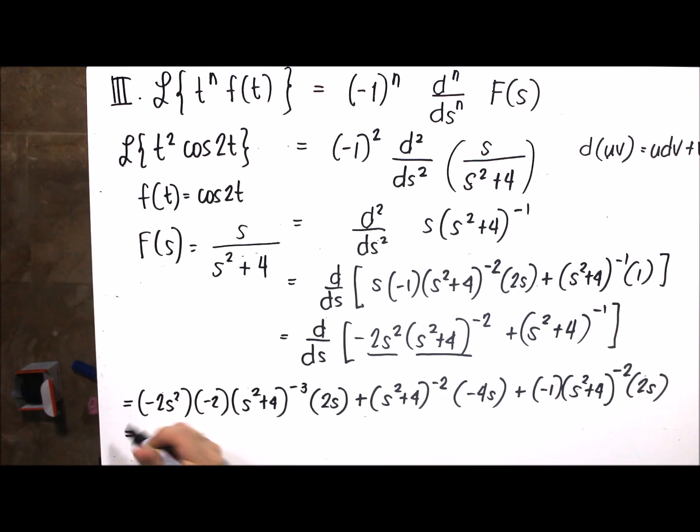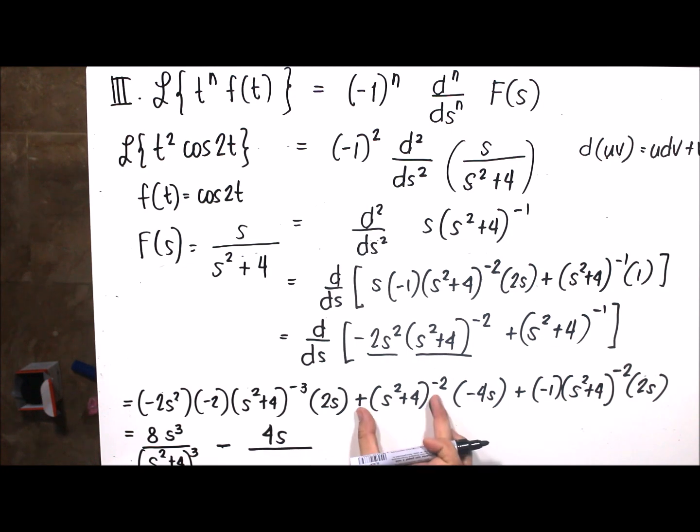So, if we will simplify, we have negative 2, positive 4, positive 8. We have s squared and s cubed over, bring this down to make it positive an exponent. So, s squared plus 4 quantity cube plus negative 4s. So, minus na. Minus 4s. Baba uli para maging positive. So, we have s squared plus 4